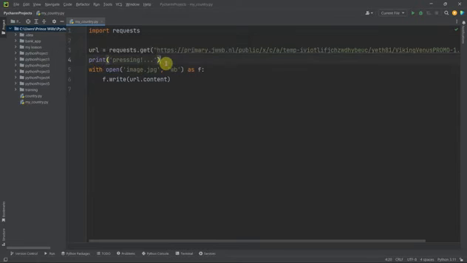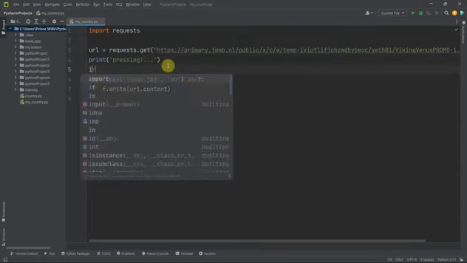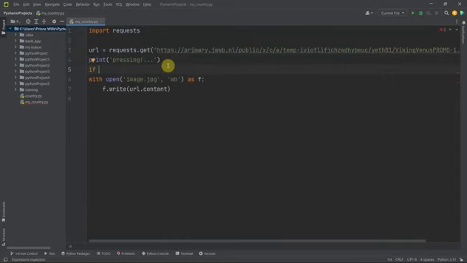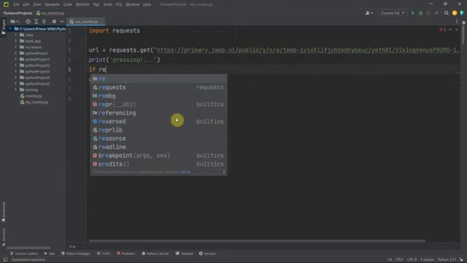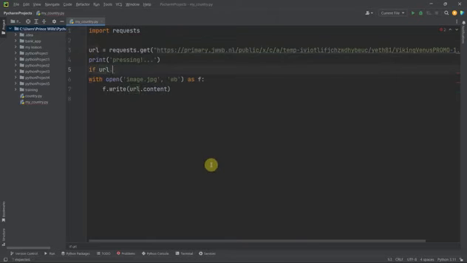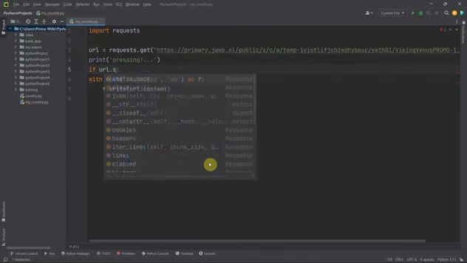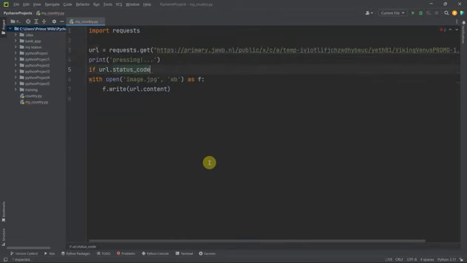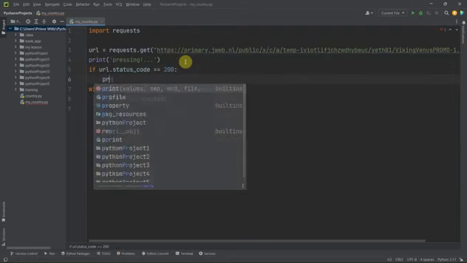Now we use another statement, we say if URL.status_code equal to 200, print